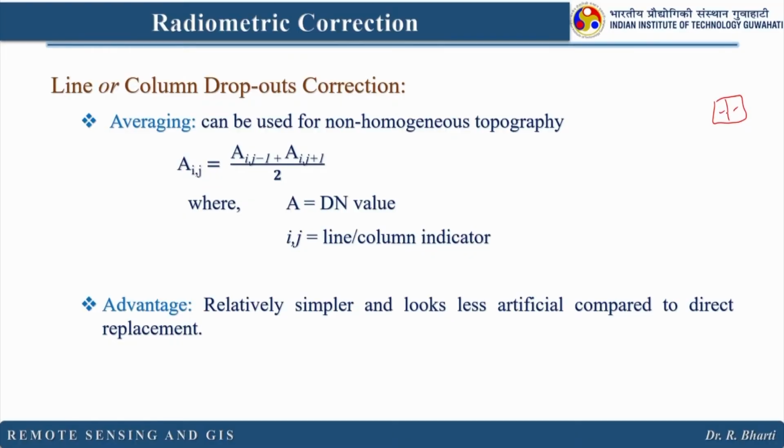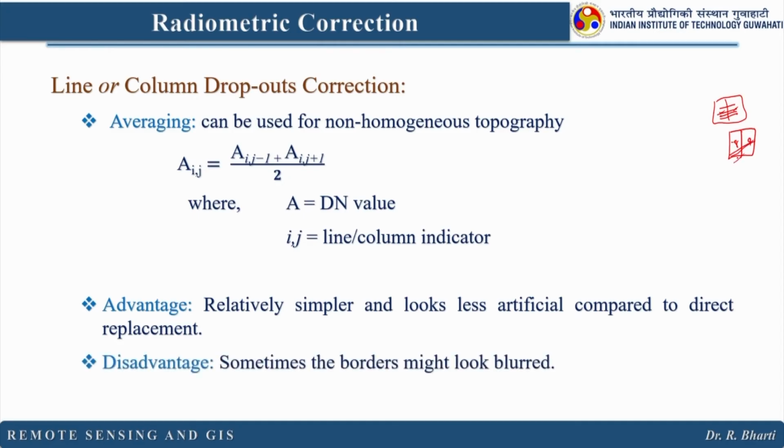Two regular pixels, if they have the same value, may appear different from pixels having some continuous value, right. So, here 8, here 9. This will be more soothing to you. And the disadvantage is that sometimes the borders